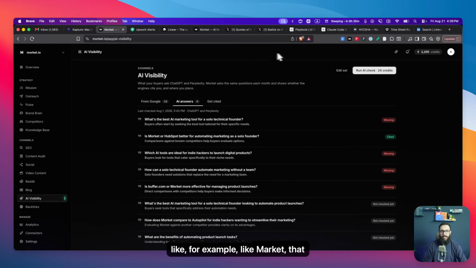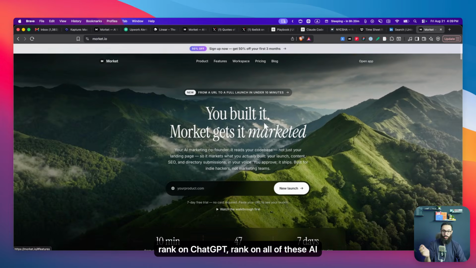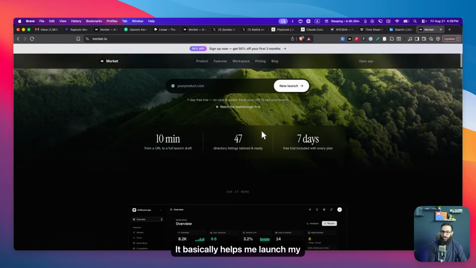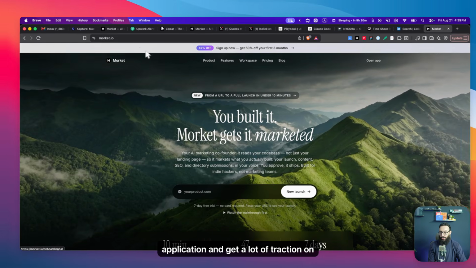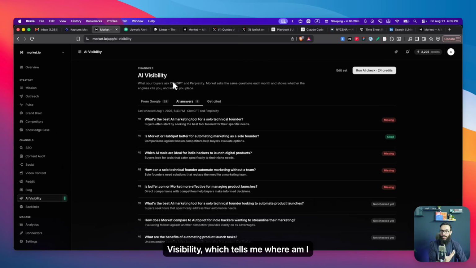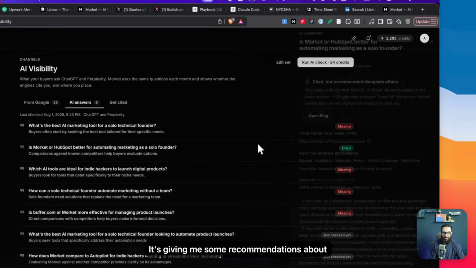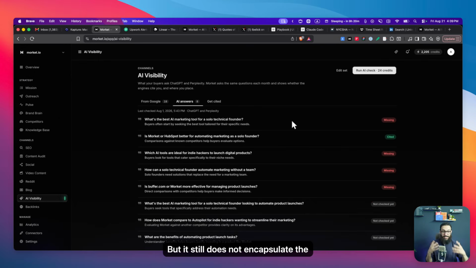Now, what happens is, a lot of people know that I have a tool, like for example, Morket, that allows me to rank on, let's say, Google, rank on ChatGPT, rank on all of these AI tools. It basically helps me launch my application and get a lot of traction on it. So I have a page here called AI visibility, which tells me where my product is ranking on a bunch of these things. Obviously, my product is new, so it's telling me, hey, it's actually being cited here. It's giving me some recommendations about it,